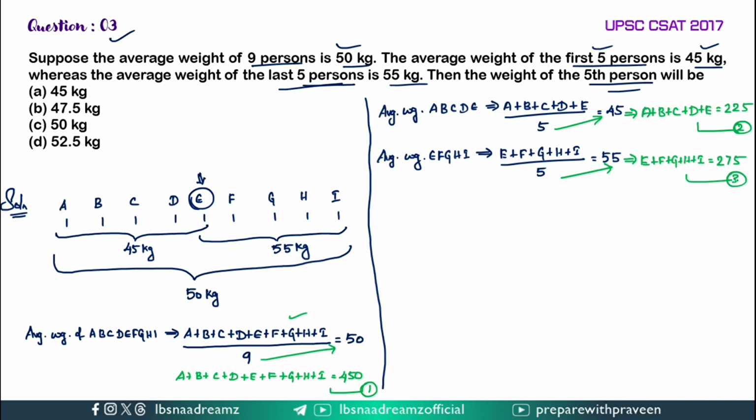This is equation 3. We have to find the weight of E, right? If you see this equation, here they have given the total weight. The total weight of 9 persons is equal to 450. Here the total weight of 5 persons, see here they have included E and here also they have included E, right? So to find the weight of E, what we have to do, first we will add this and this, that is equation 2 and 3. So by adding 2 and 3,